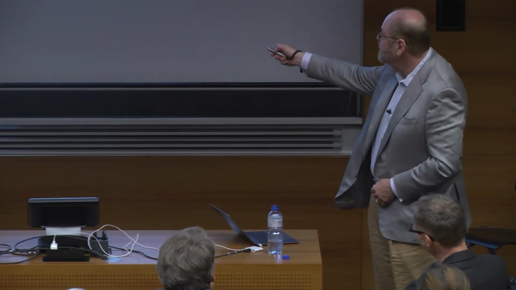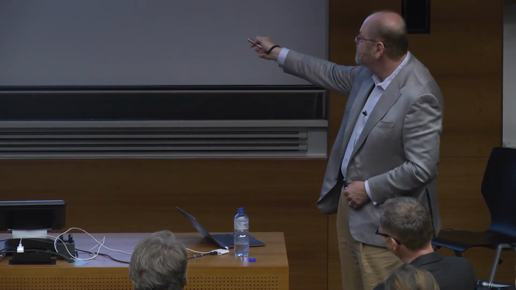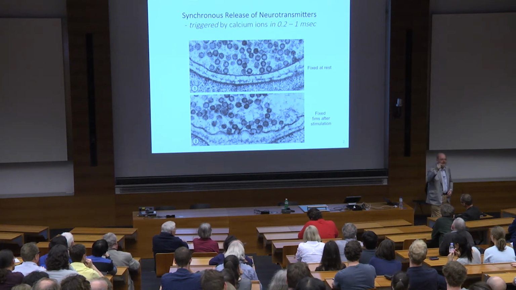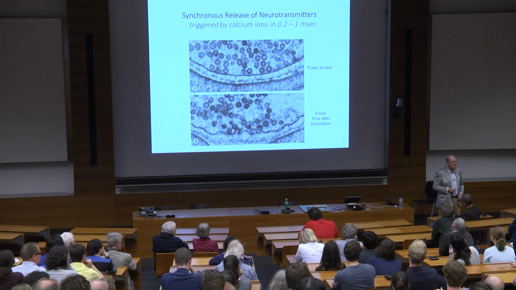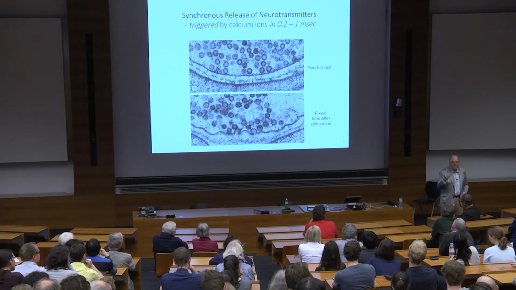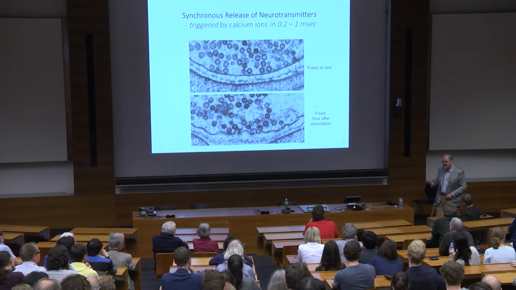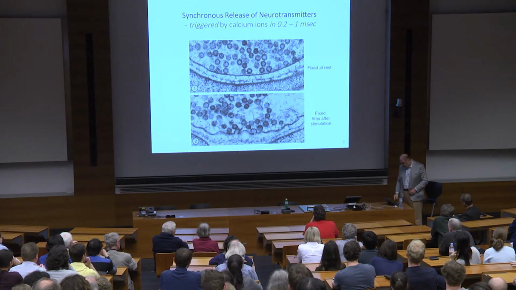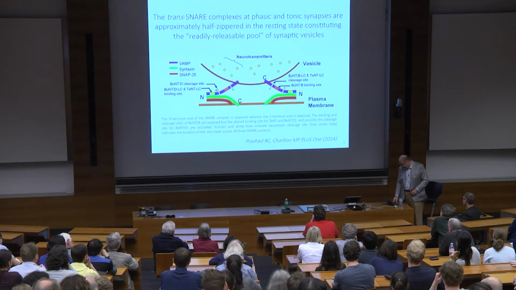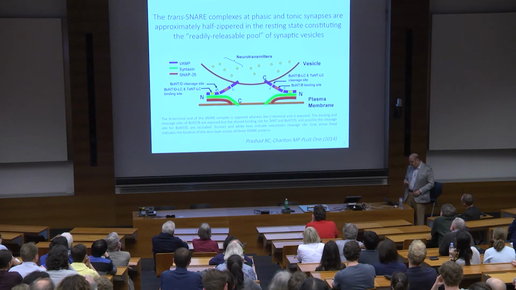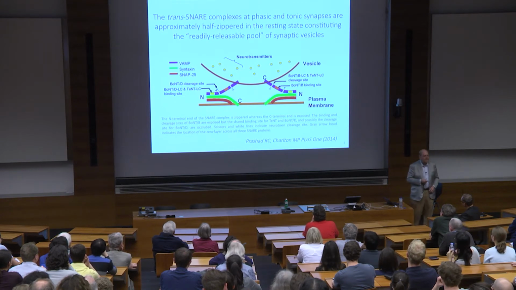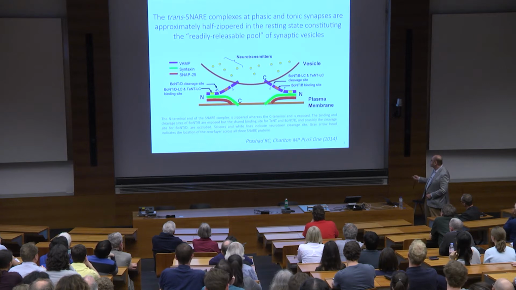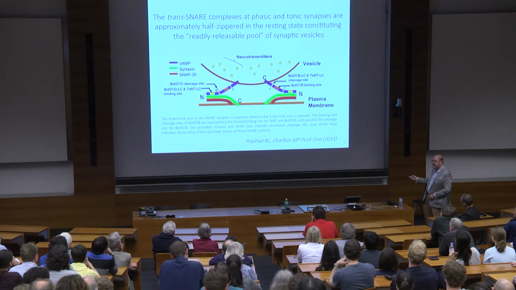So it's equally as important to prevent the vesicle from fusing as it is to get it to fuse at an unfathomable speed. Okay? That is why it is so challenging and why so many people who are interested in neurotransmission and in biophysics are focused on this problem. Now we have a good, strong hint as to how this works that comes from studies of the state of the SNARE proteins in the readily releasable pool.